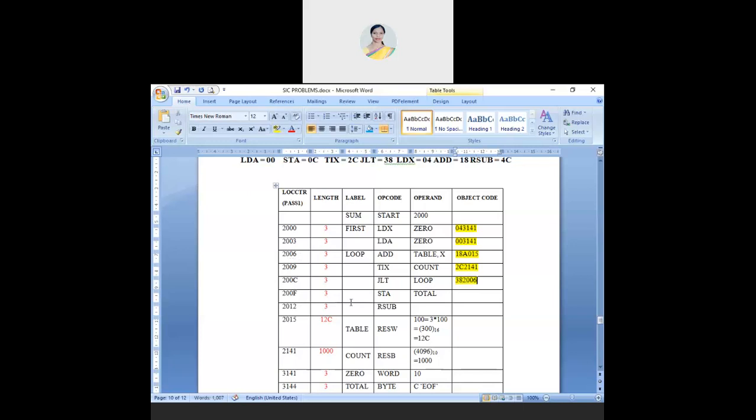Okay. Next, what is STA? 0C. And total, what is total? 3144. RSUB is 4C. I have to make it 4C0000. Please write this as a note. Otherwise, if you just write 4C, your text record will go wrong.